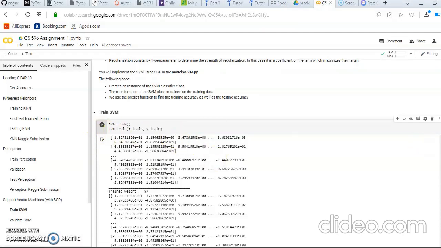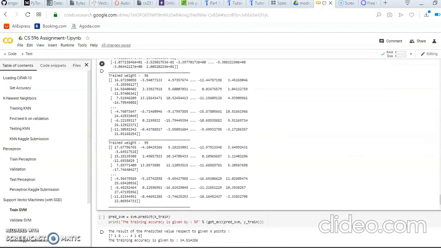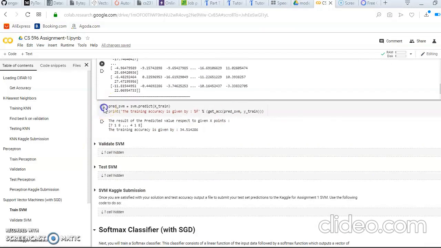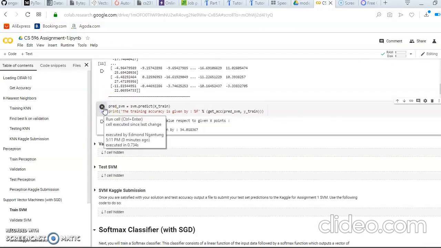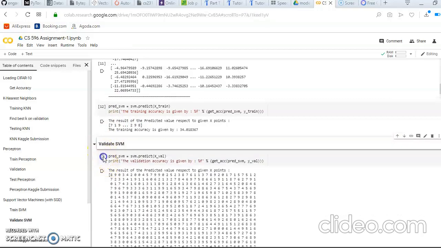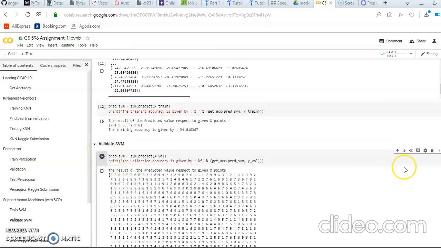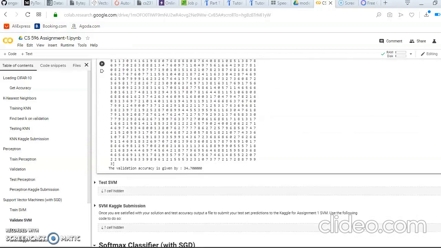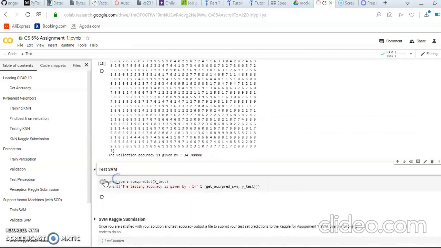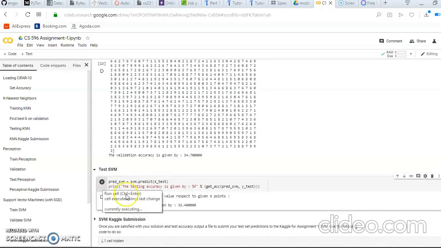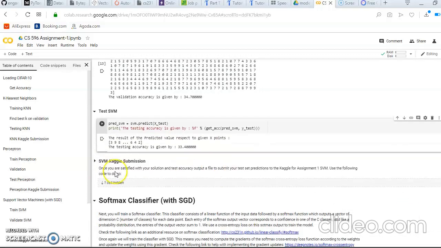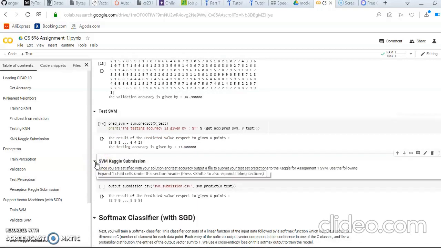So I've got it run. So it gives me the training accuracy, then validate SVM, it gives me the validation accuracy. Again, it gives me the testing accuracy. Now, this is the important one. So when you submit to your friend,